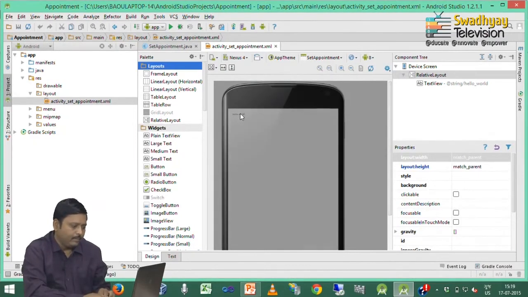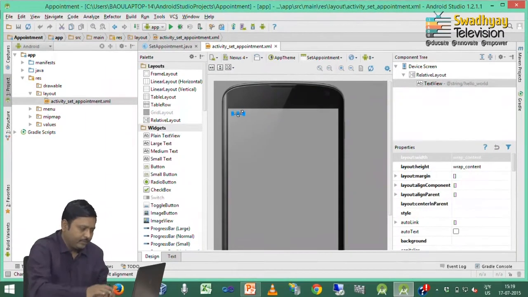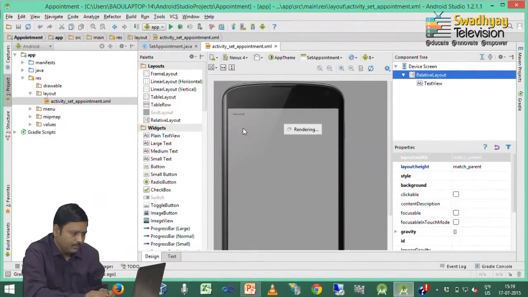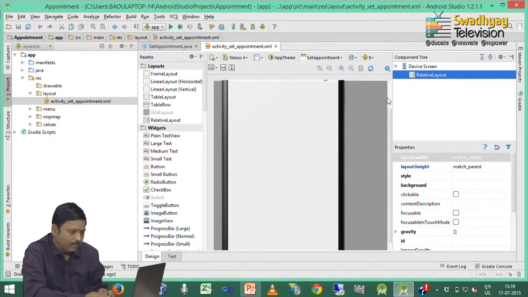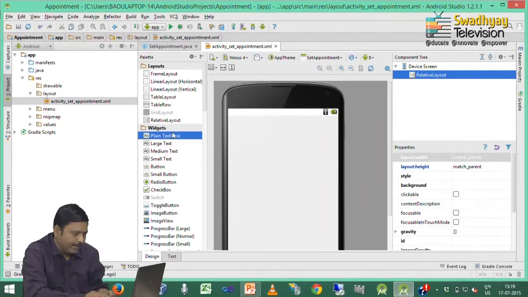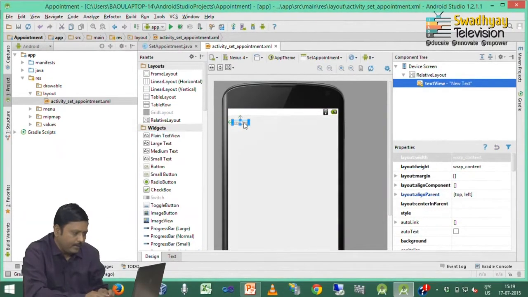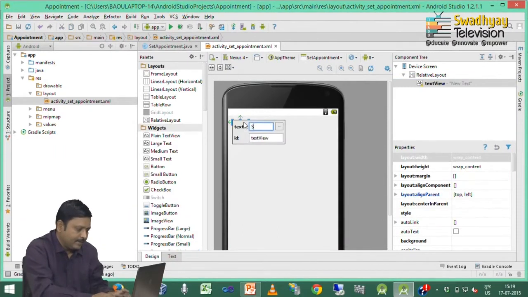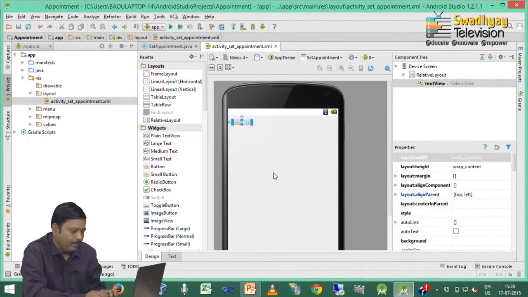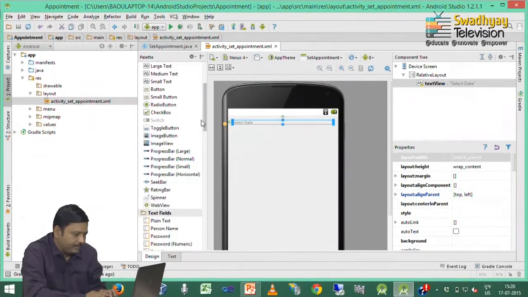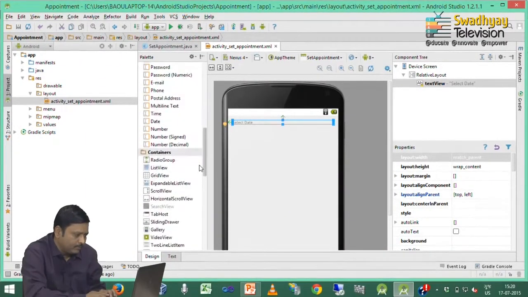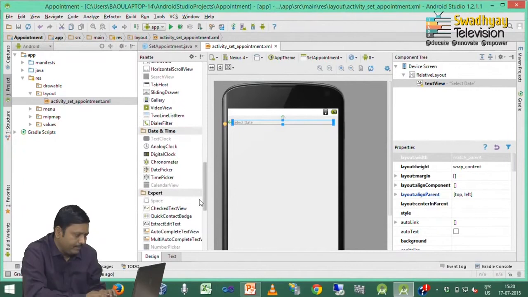So, here I am deleting this default text view and putting one plain text view here and set its text as a select date. Now, I fetch date picker from date and time.